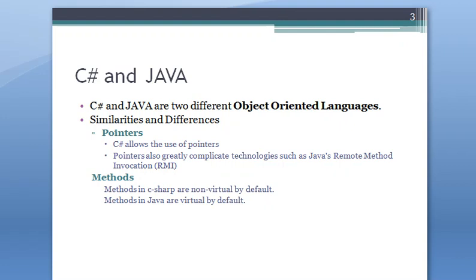Next and the last thing is methods. Methods in C Sharp are non-virtual by default. In Java, however, methods are virtual by default. Virtual methods guarantee that the most overridden method of an object will be called, which is determined by the runtime. You always have to keep that in mind when calling or writing any virtual method. If the method is declared as non-virtual, the method to invoke will be determined by the compiler. This is a major difference of philosophy between the designers of the Java and .NET platforms.